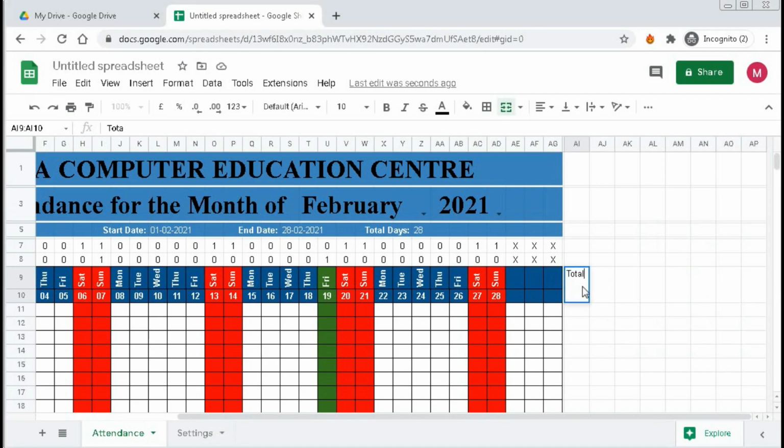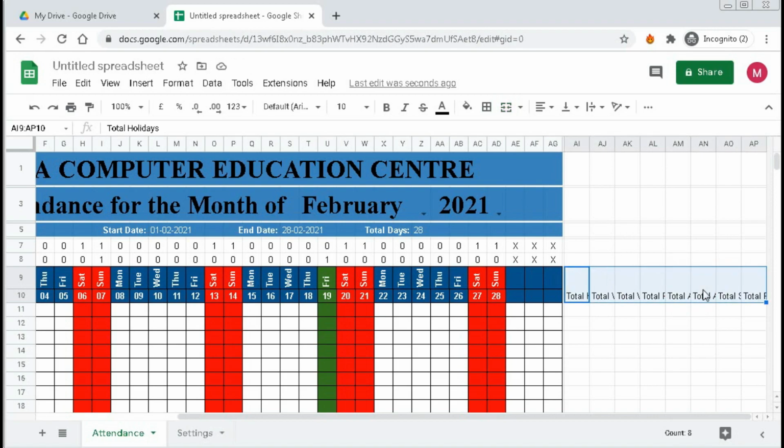Type here total holidays, total weekends, total working days, total present, total absent, total annual leave, total sick leave, and total payable days.